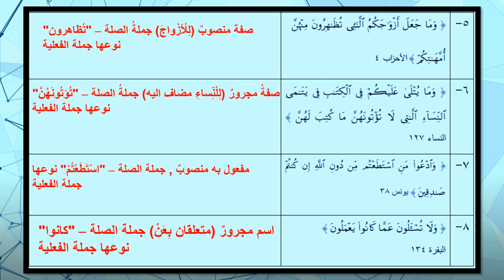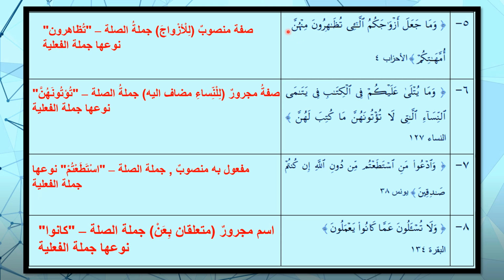Now let's check the fifth one here. وَمَا جَعَلَ أَزْوَاجَكُمُ اللَّائِي. So you can see azwaj is being used for the feminine plural allai. تُظَاهِرُونَ مِنْهُنَّ أُمَّهَاتِكُمْ. So here, let's see the position. وَمَا جَعَلَ أَزْوَاجَكُمْ. جَعَلَ is a past tense verb, azwaj with the fatha. So we have our fail hidden in it. He made the wives of you, allai, the one who